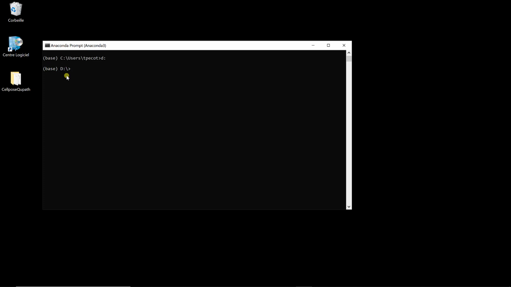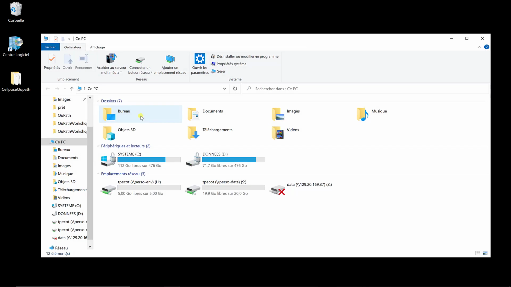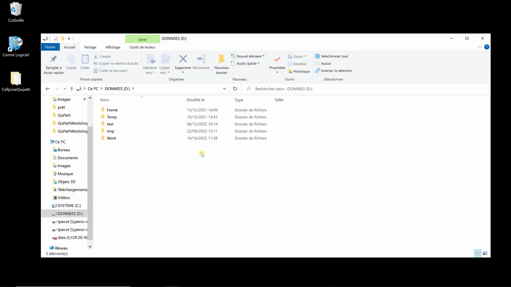So that's a bit different from DOS. You can directly use the CD command with DOS, but it seems that with Anaconda Prompt you need to change your drive like this. If I want to go back to C, I can do it that way. So let's say I want to go on the D drive. I'm going to open an Explorer